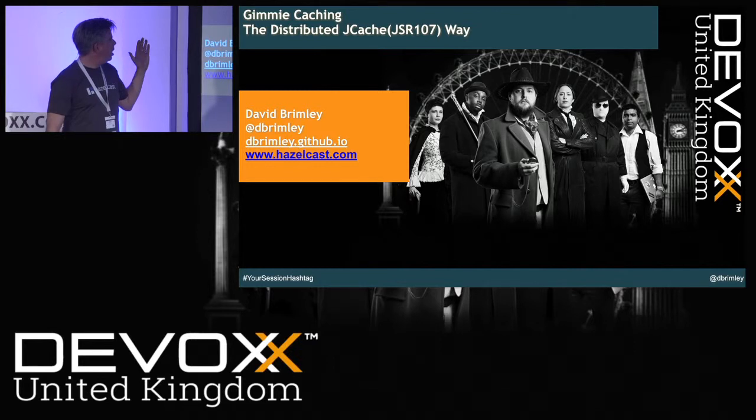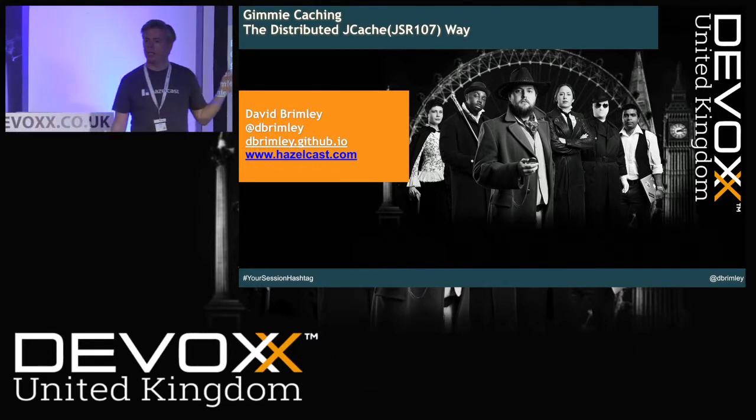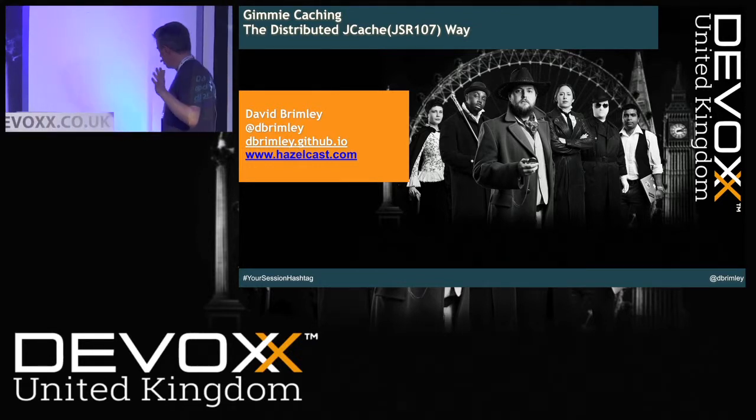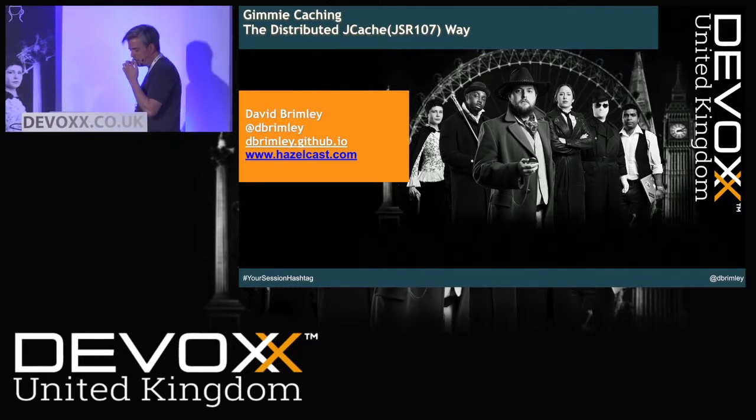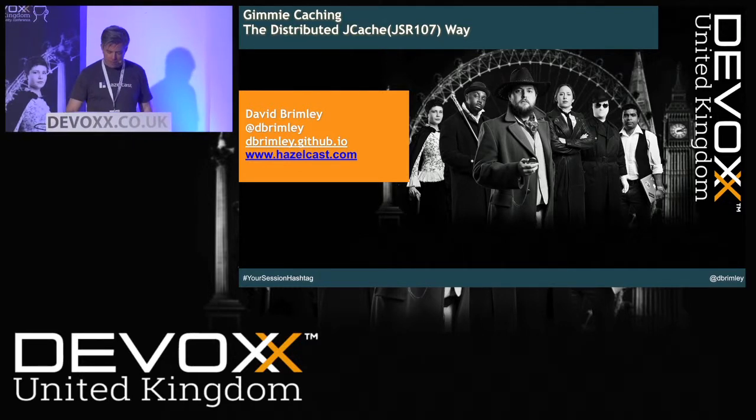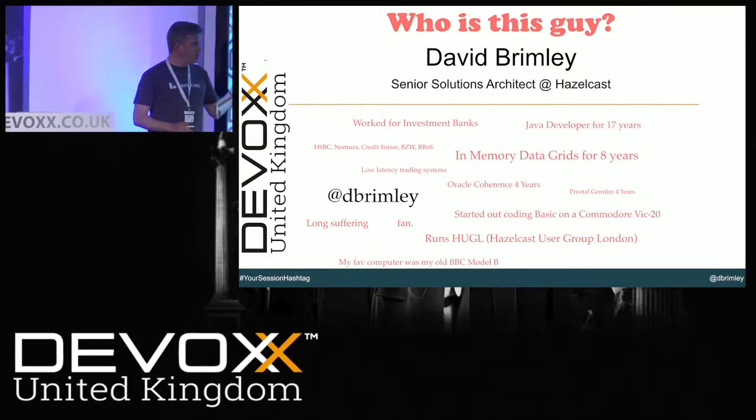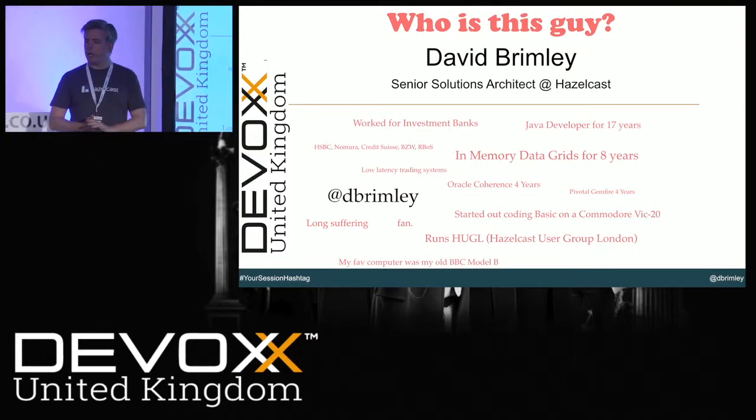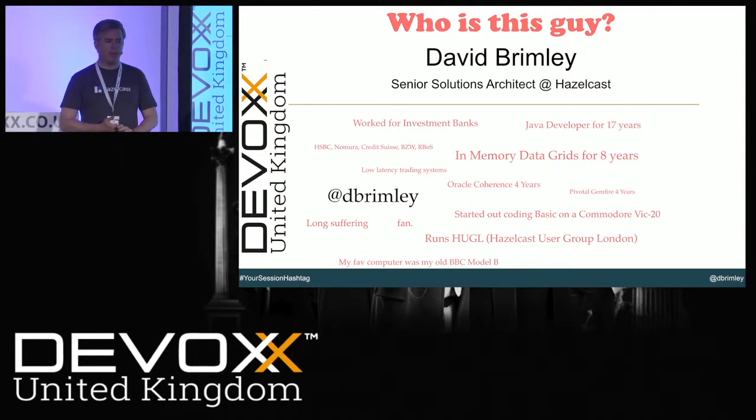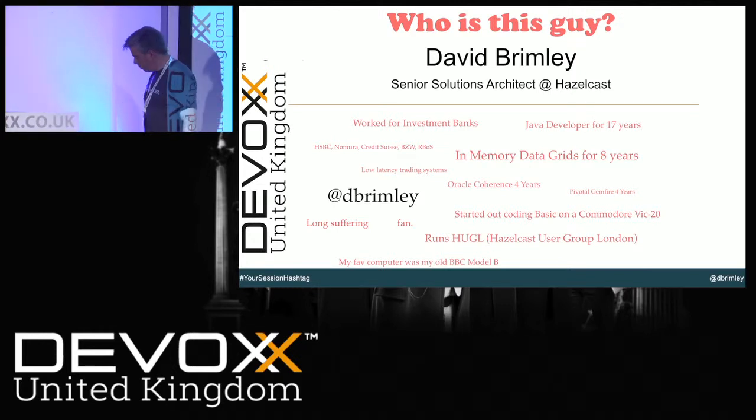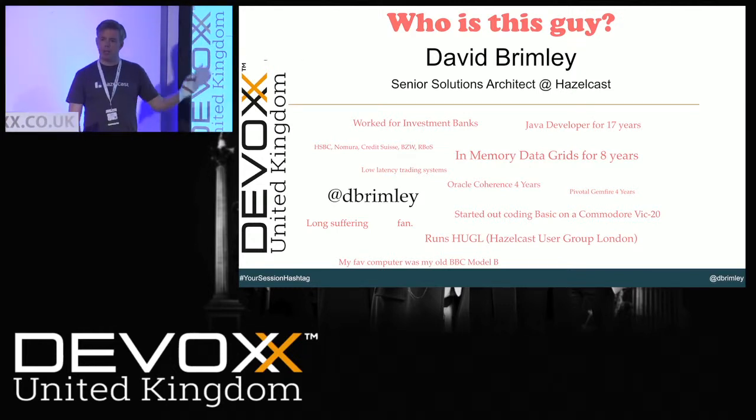This is going to be about JCache, JSR107. So that's a new Java standard around caching data in Java. My name's David Brimley. I'm a senior solutions architect. I work for Hazelcast, and Hazelcast are a memory data grid provider. We're an open source company, and one of the things we do is we implement JSR107 along with many other